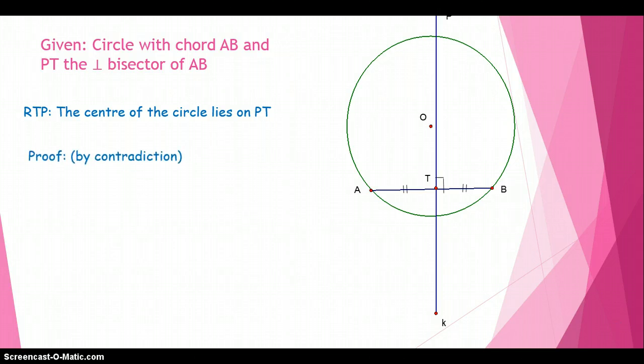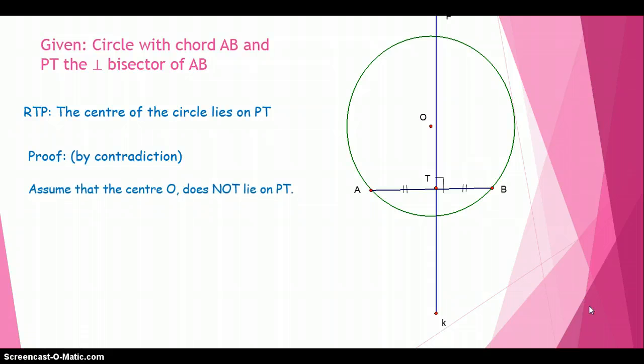Proof by contradiction. Contradiction has the same meaning as in English, and we're going to make an assumption that we're going to work with. That seems reasonable. We're going to work with it, and when we get towards the end, we're going to realize that something's not adding up, and so our original assumption must have been incorrect. Hence the contradiction.